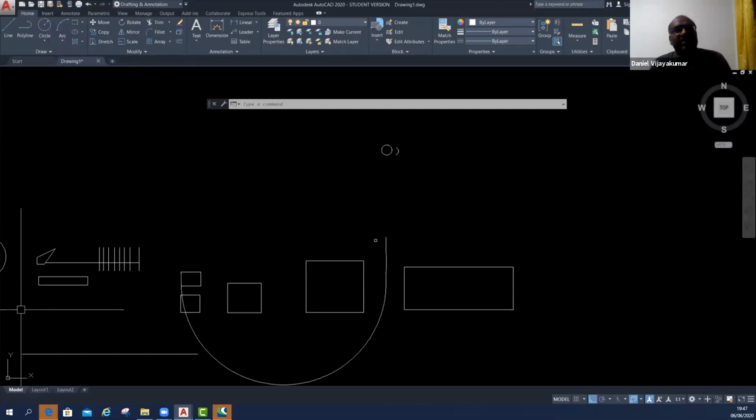Actually, we learned one more command called Pickadd. 5 commands. Last week we learned 5 commands. This week we learned another 5 commands. So totally 10 commands we know in level 2. Next week there will be another 5 commands. So once we learn those 5 commands, level 2 will end.